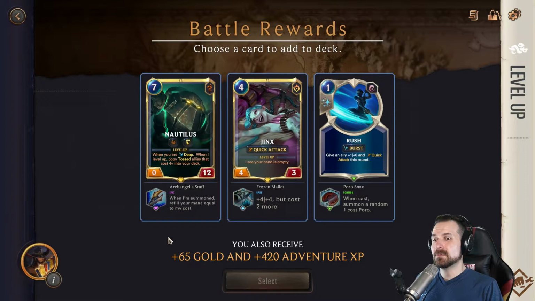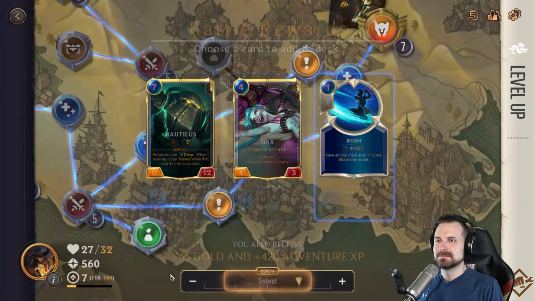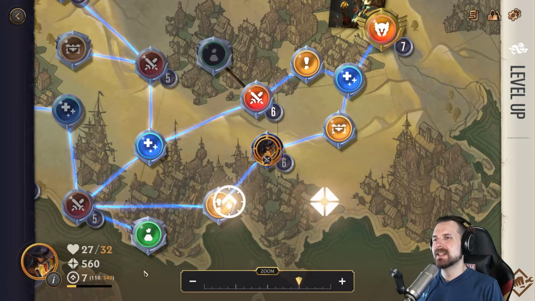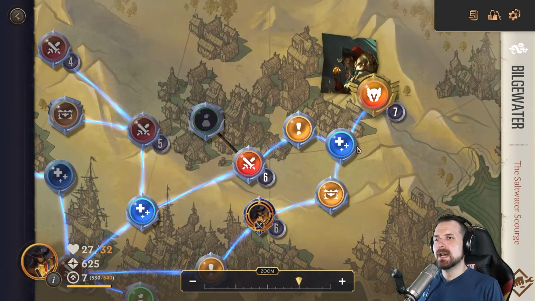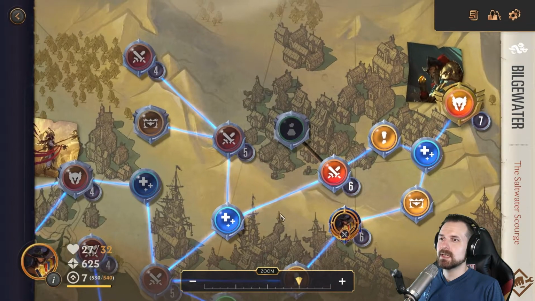Here we have Nautilus, which does not help us. Jinx, we're never running out of cards. So we end up taking Rush here because we have to, because every other option is awful. So we're going to take that. We've also now unlocked that this is a healing node. So this is kind of nice because we can navigate through, and really